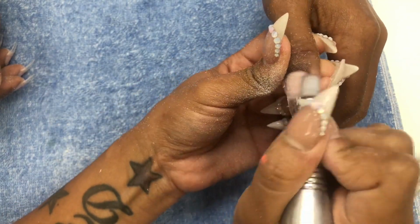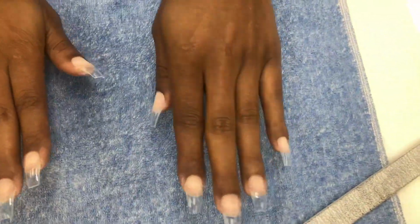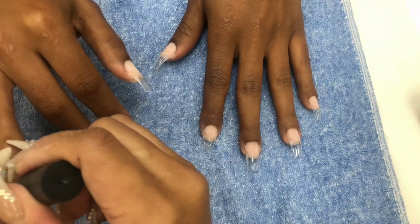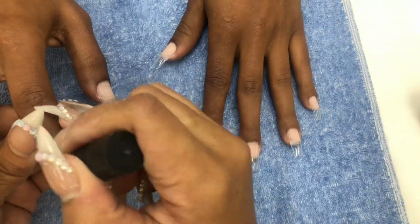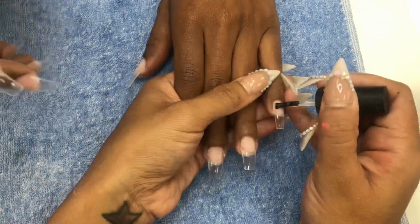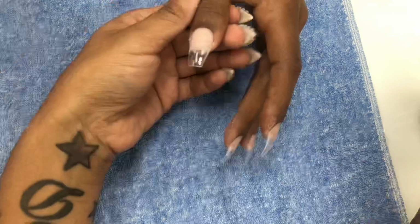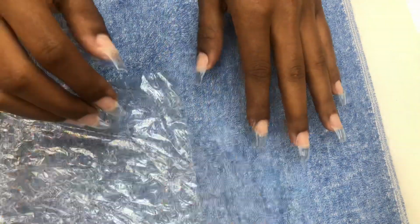Okay, so now I just dust off all of the excess powder. You don't want any excess powder on your client's nails. It's very, very important. You want a clean nail plate so there's no lifting, there's no oils, there's no small particles on the nails. It's so important once you prep your client's nails, once you put your primer on, their